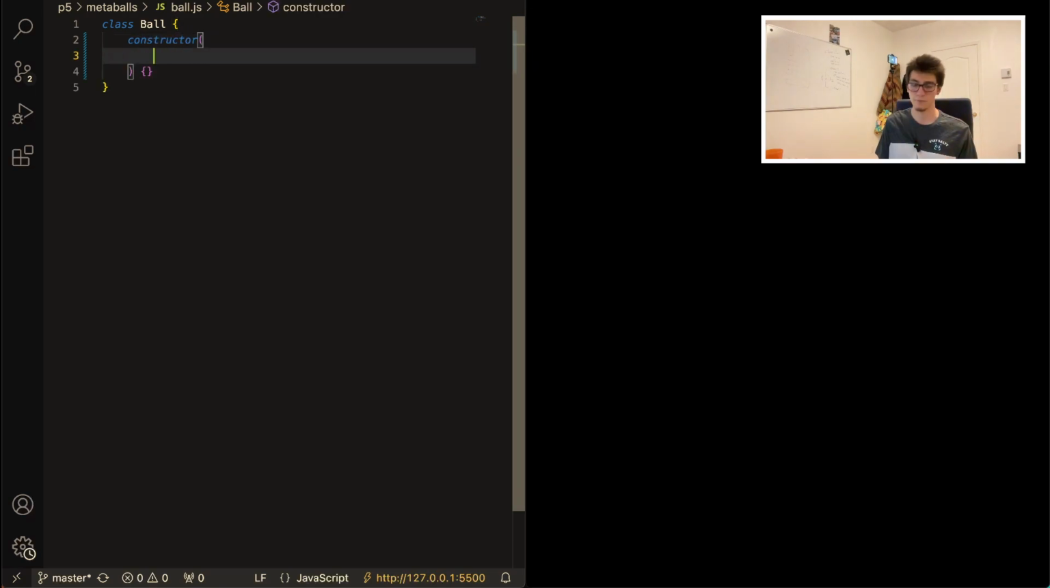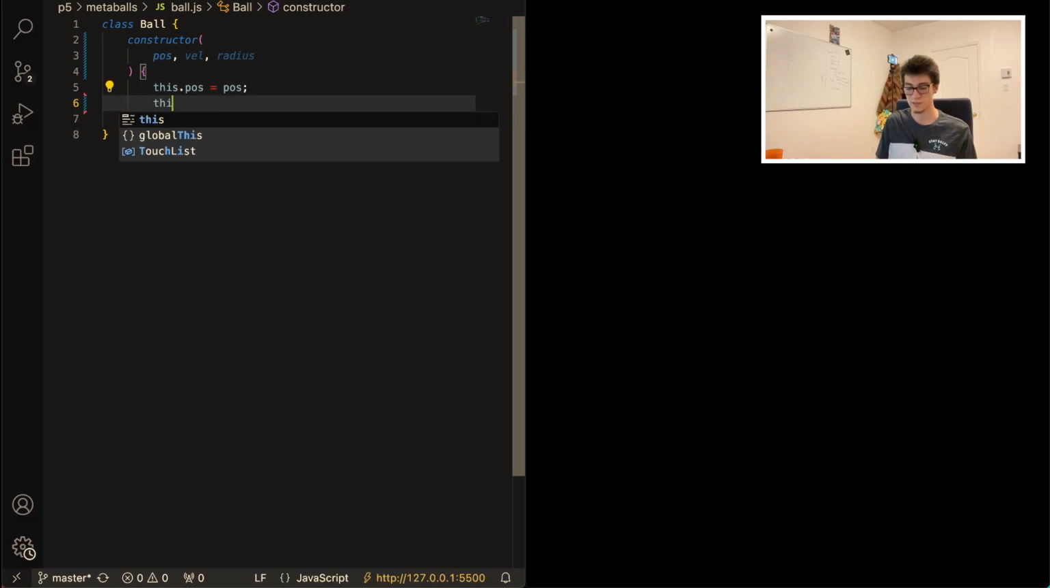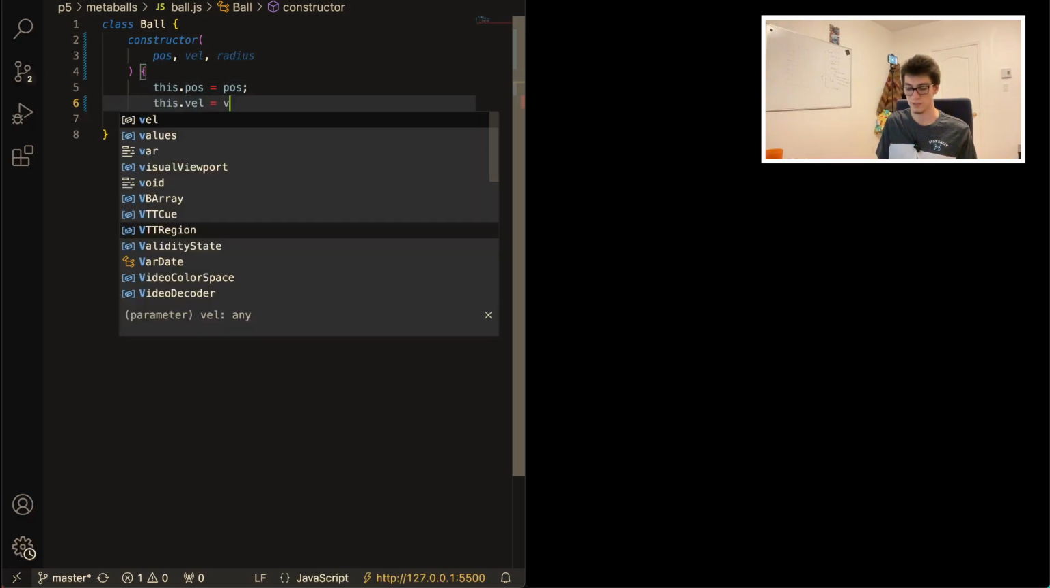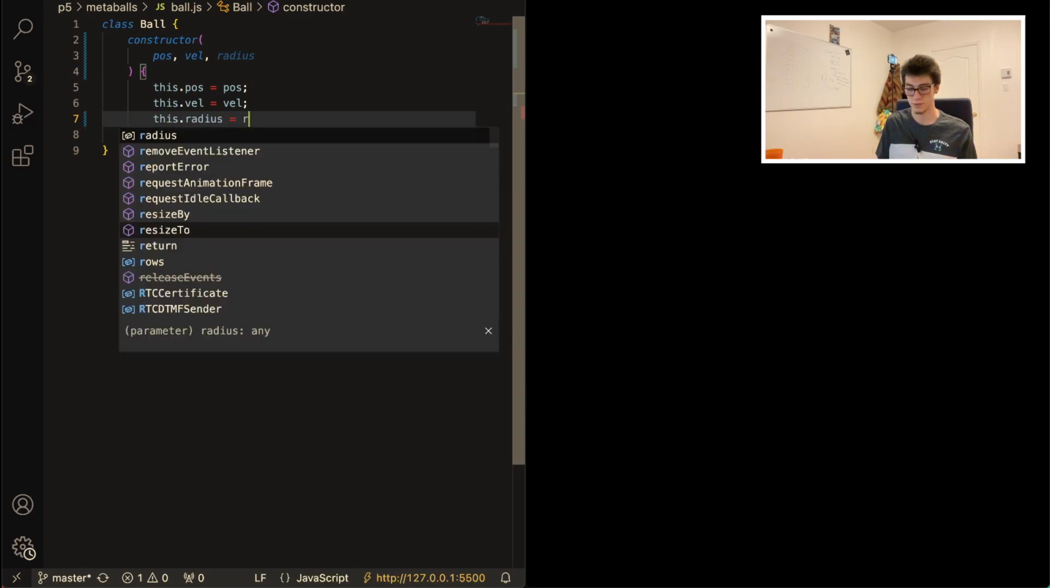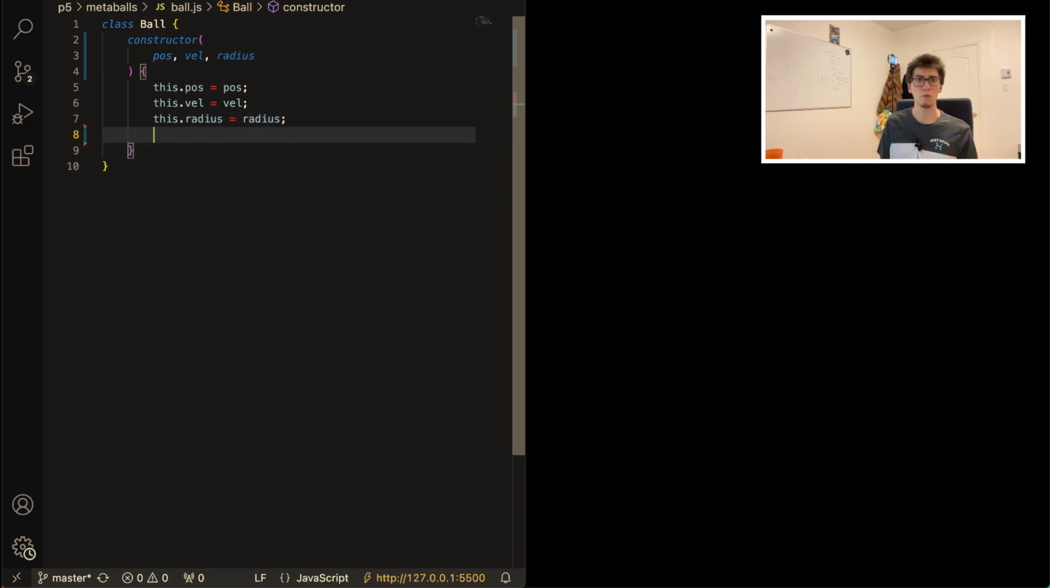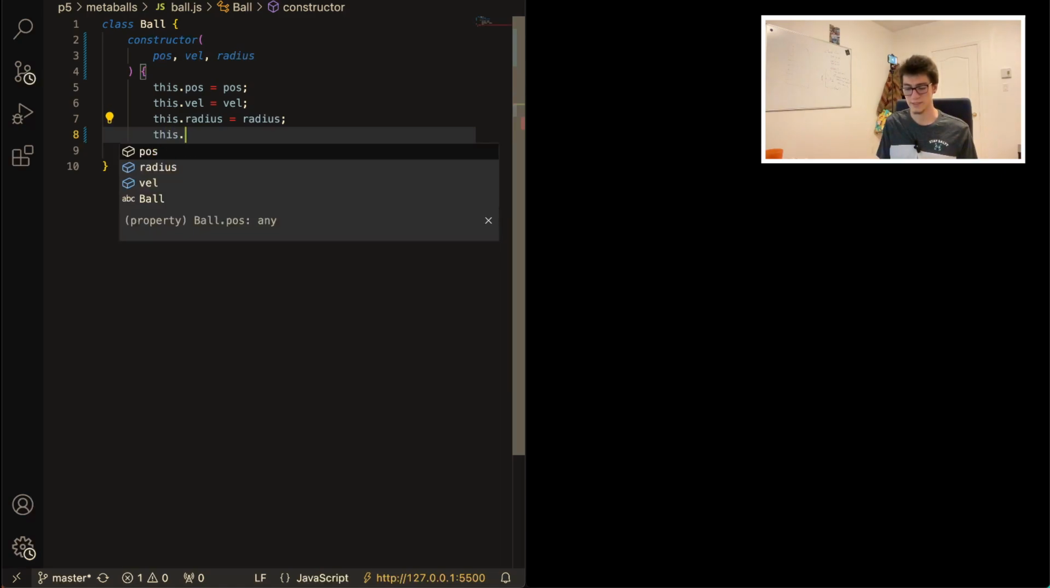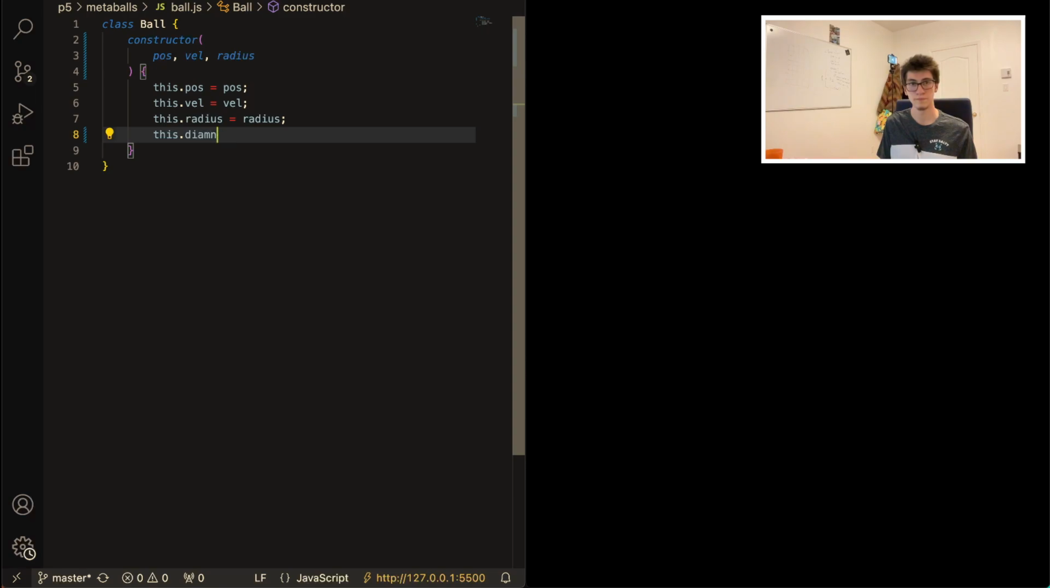And like we said, we'll pass the position, the velocity, and the radius to this. So here we'll have this dot pos equal the pos that was passed, this dot vel equal the velocity, and this dot radius equals the radius, right? One thing as well I want to create is this dot diameter,